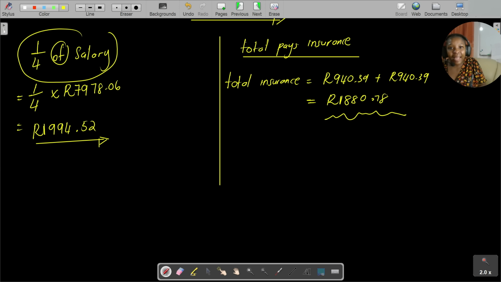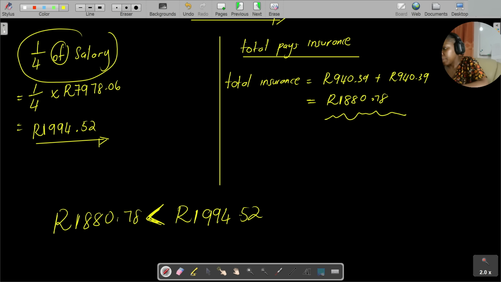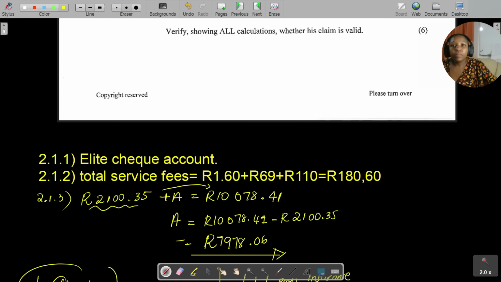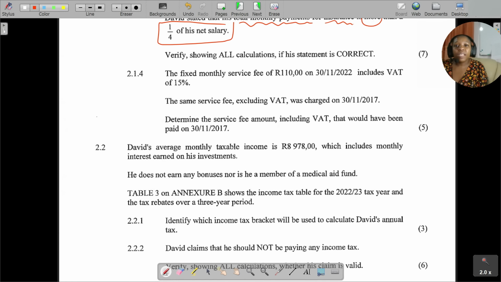We find that the total that he pays for insurance, 1,880.78, is less than 1,994.52. It is less than. So we can confirm that his statement is invalid. Okay. Done. Question 2.1.4. The fixed monthly service fee of 110 Rand on the 30th of November 2022